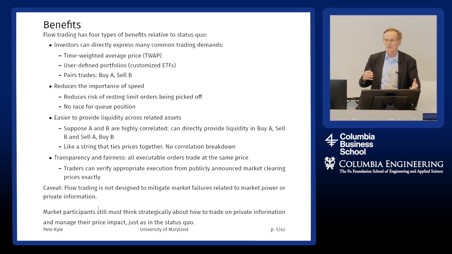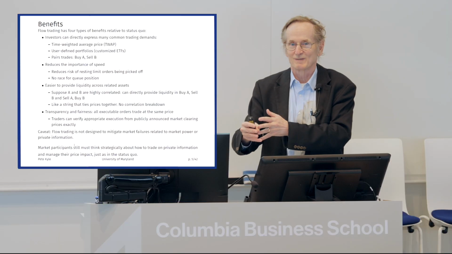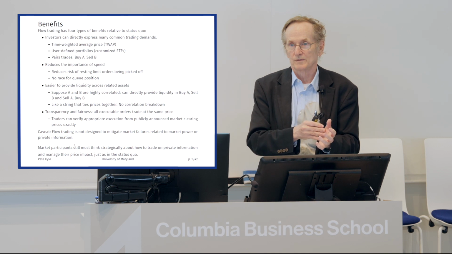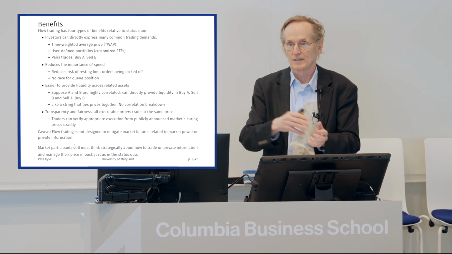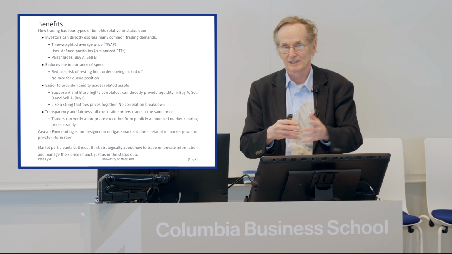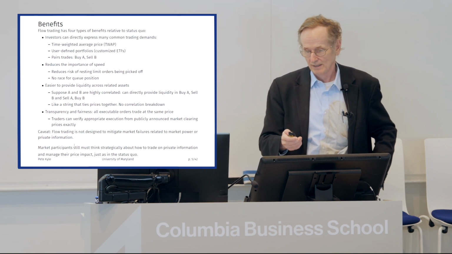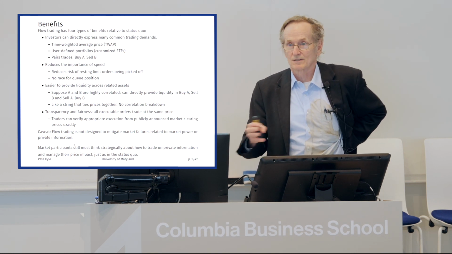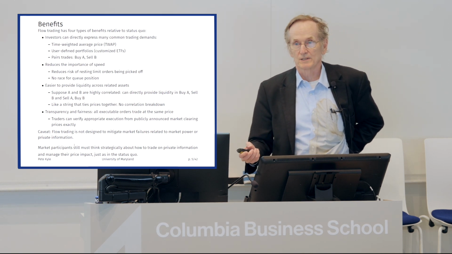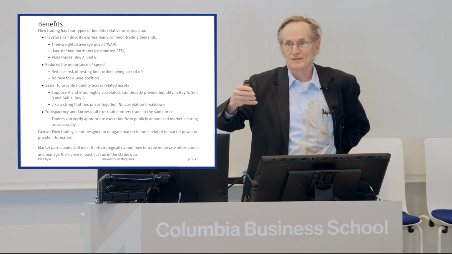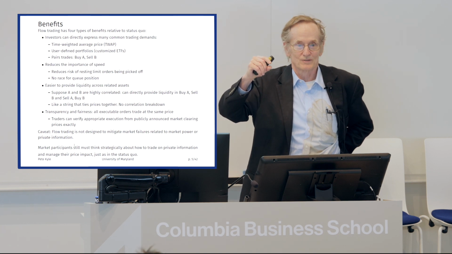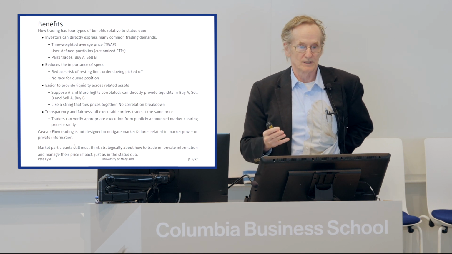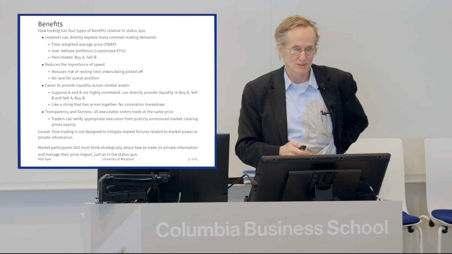You can define your own portfolios. In some sense, you wouldn't have to use an ETF to conveniently trade a portfolio of stocks. You could define your own portfolio if you're an authorized participant to arbitrage the ETF, or you could define your own portfolio that's slightly different from the ETF, or you could trade an ETF if it offers something that you're willing to pay for, such as managing additions and subtractions to the portfolio. You can do pairs trades. You want to arbitrage Google against Microsoft. You think they should be trading at a certain ratio. You can place an order to implement that ratio. In the current market environment, you would have to place and cancel thousands of orders to do a lot of these things.